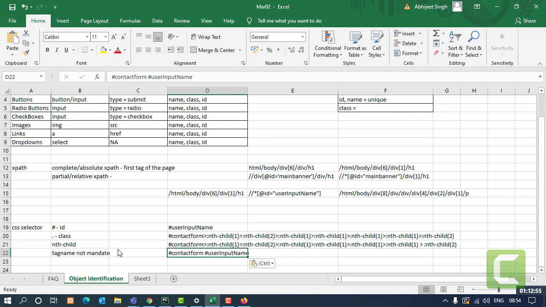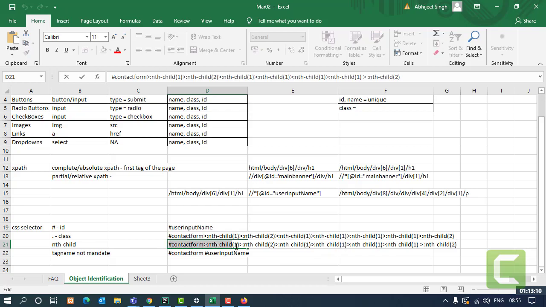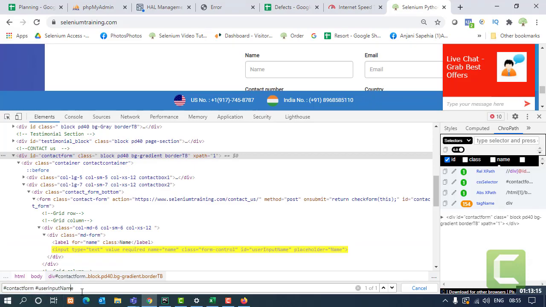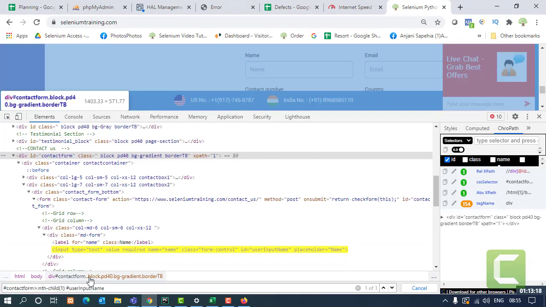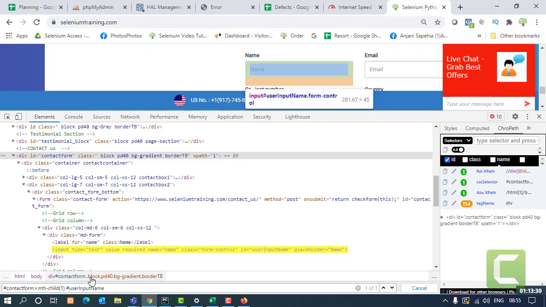Okay, you can combine these two things as well. You can use the nth child and space at the same time. Like say if I say that this is the parent tag and then I give one nth child, space, and then the element that I'm looking for, then also it's working fine. So you can use both of them at the same time easily. This is the CSS selector thing. Rules are strict, but it's way easier than XPath.